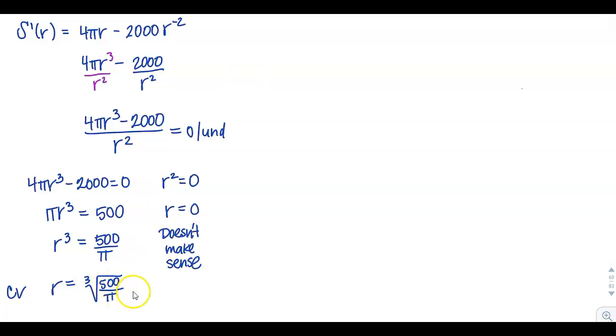Now, since this is a critical value, we do want to justify that this is in fact a minimum. So we're going to go ahead and apply the second derivative test here. So I have s double prime of r, so I'm going ahead, this is s prime, I'm taking the derivative. I'll get 4 pi plus 4,000 r to the negative 3, or 4 pi plus 4,000 over r